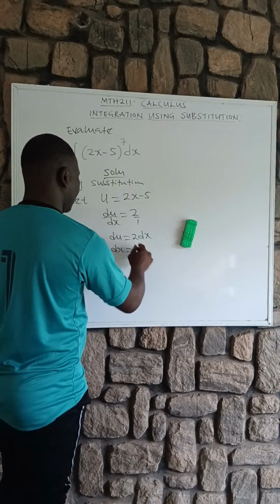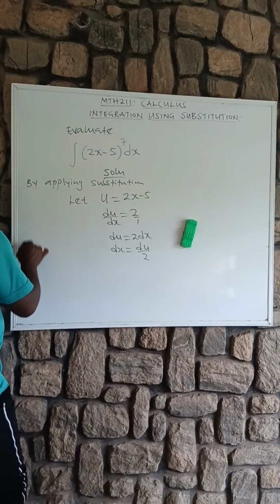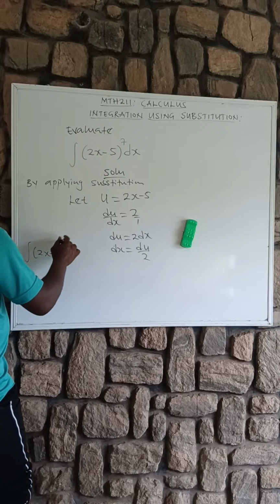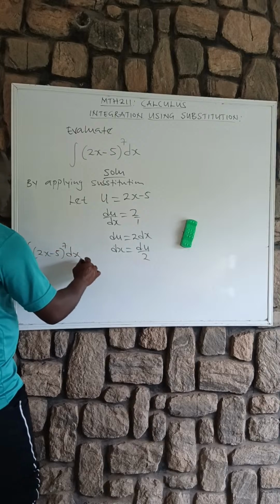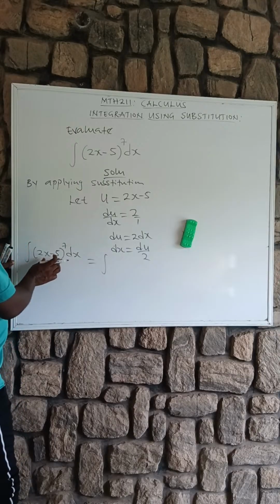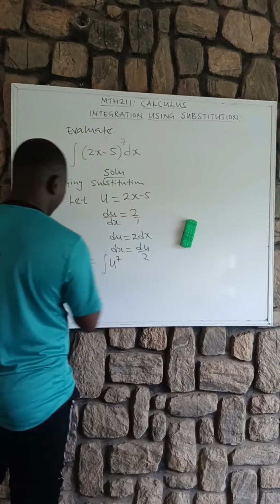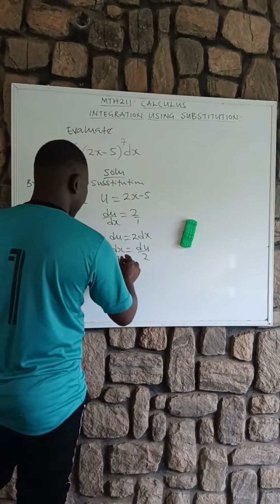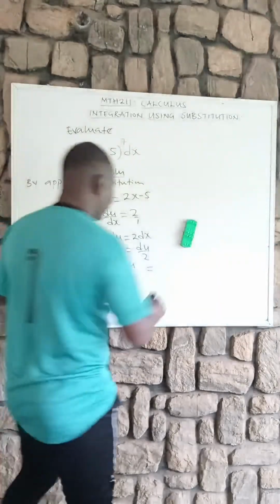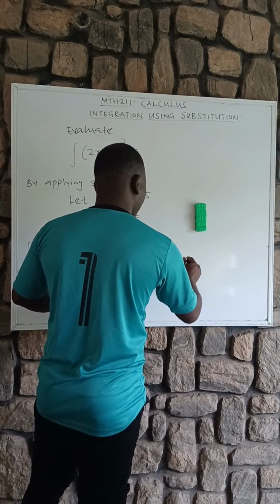dx is going to be du all over 2. So this implies that the integral of (2x − 5) raised to the power of 7 dx is equal to the integral of u raised to the power of 7, since the bracket is u and carries the power 7, and dx is du all over 2. Then this is equal to factoring out the constant 1 all over 2, the integral of u raised to the power